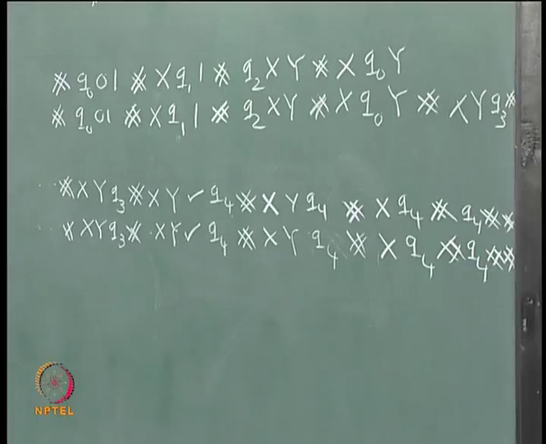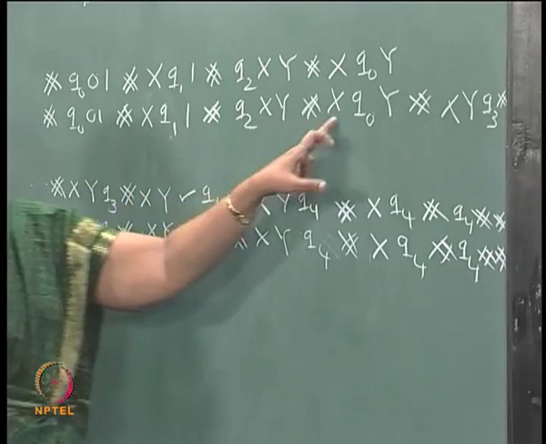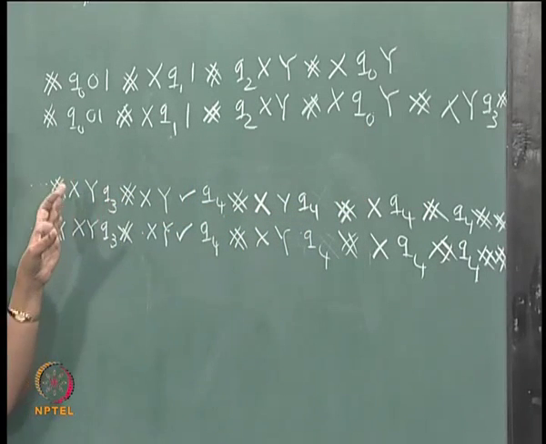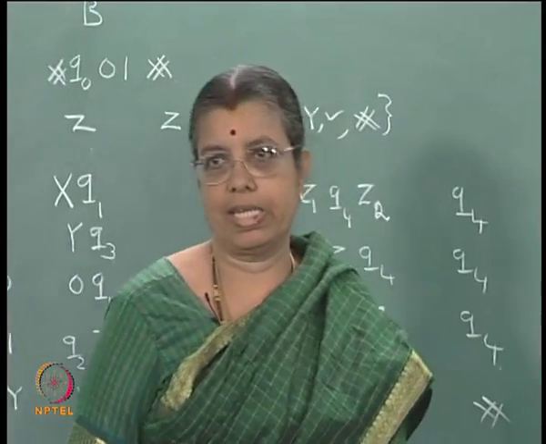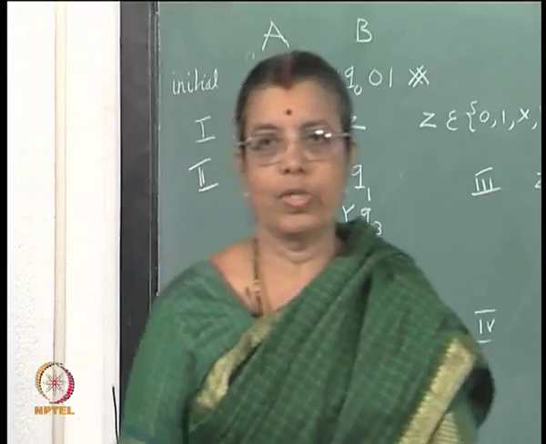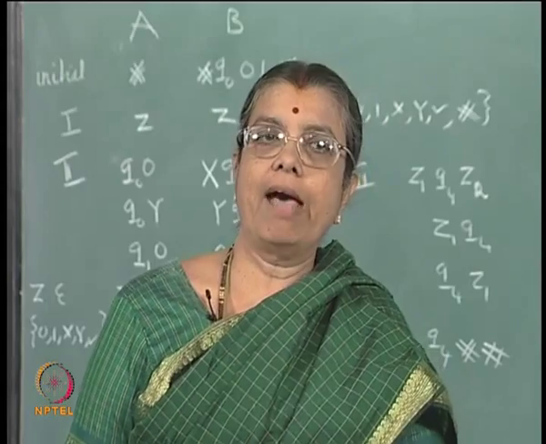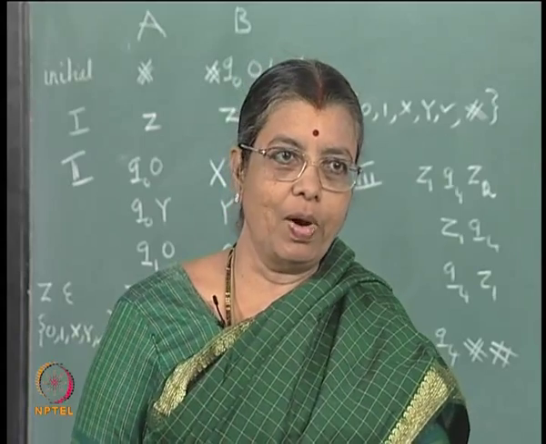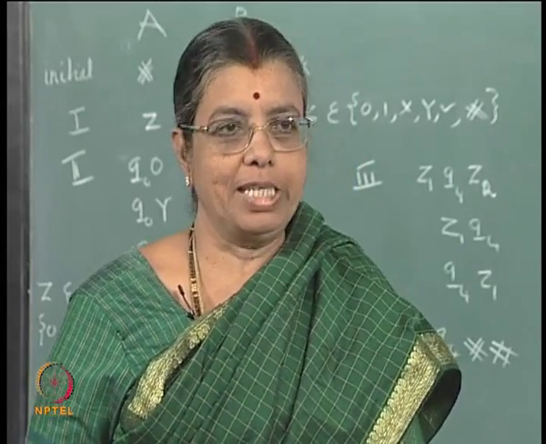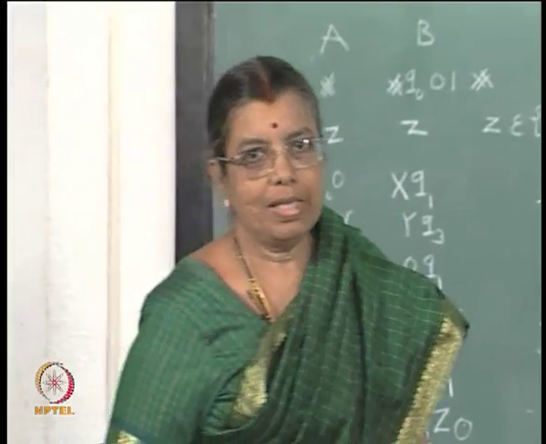Both the strings have become equal, right. So, you can see that successive IDs are created, and finally, if the string is accepted, the symbols are consumed and you end up with equal strings. So, the PCP has a solution if and only if M accepts W. So, if PCP were decidable, if you can have an algorithm for PCP, then you can use that algorithm to find out whether M accepts W or not, and whether M accepts W becomes decidable, but you know that that is not a decidable problem. Okay. So, PCP is undecidable.